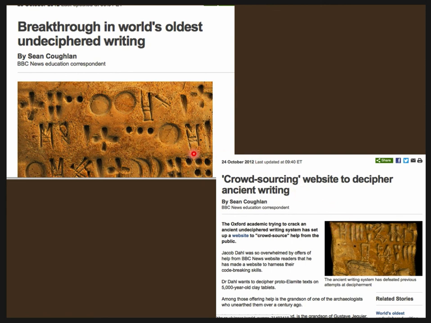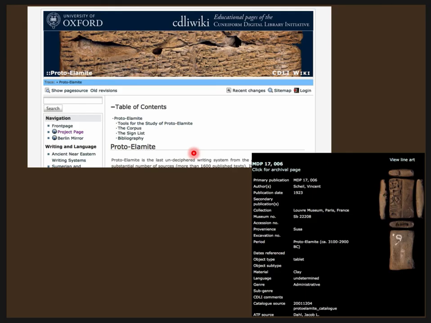Now a lot of these tablets are digitized, photographed, and on the web, and people are kind of trying their hand at deciphering some of these tablets. A really good resource is called the CDLI. It stands for Cuneiform Digital Library Initiative. And if you go on the site, and I encourage you to check it out, it's got collections from all sorts of different